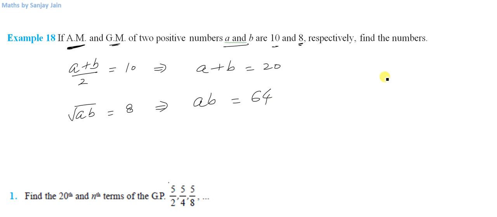Right? Now I need to find these numbers. If I can find a minus b, and I've got a plus b already, then using these two equations, these are simple linear equations, and I hope you will be able to solve them very quickly. So I just need to find a minus b. Okay, this is how I am doing this question. So what is a minus b?